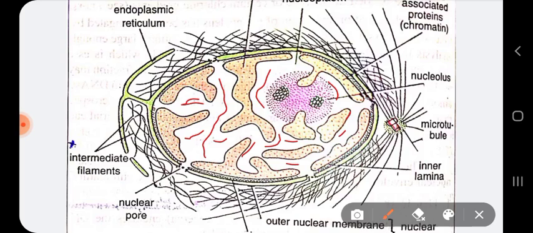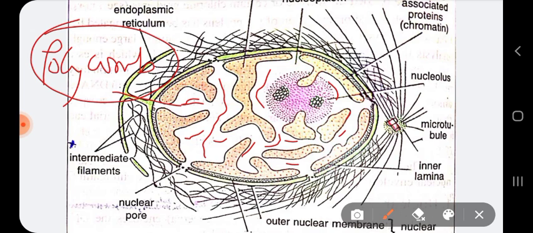Okay. Other bodies found within the nucleoplasm are polycomb bodies, or better to say, polycomb proteins. Polycomb bodies also play an important role in gene silencing. Gene silencing is a process where we regulate the expression of the gene through different mechanisms, either at the transcription level or before translation. So polycomb proteins, also found within the nucleoplasm, play an important role in gene silencing through different